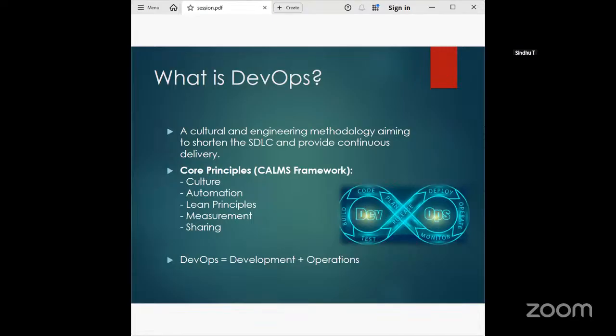These are all the key pillars. It's about removing the walls between dev and ops teams. We have seen such a diagram in the introduction page, I think. On the left hand side there's development, and on the right hand side there is operations, with a wall in between them. So you have to remove the walls, and the development team and the operations team have to work together, creating a shared responsibility for the entire service life cycle from initial idea to production maintenance. It's a cultural shift, right? Communication, collaboration, shared ownership of the application life cycle from commit to production, like from starting to deployment and maintenance.